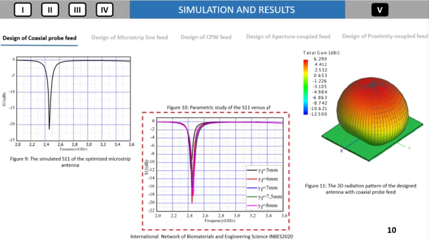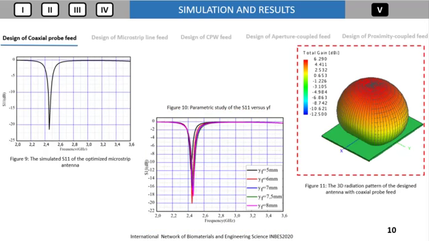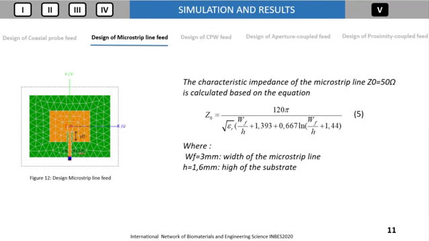5 values for YF were tested. The simulation has confirmed that the best value to obtain good impedance matching is YF equal to 6 mm. And figure 11 illustrates the 3D radiation pattern. We note that the maximum gain is 6.29 dB. The same patch antenna is fed by a microstrip line with an inset of length Y0 equal to